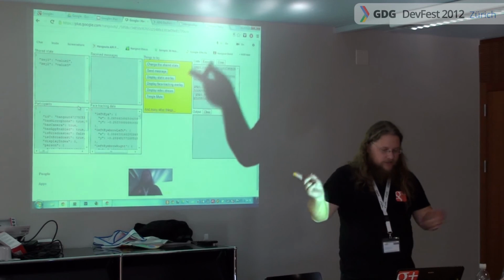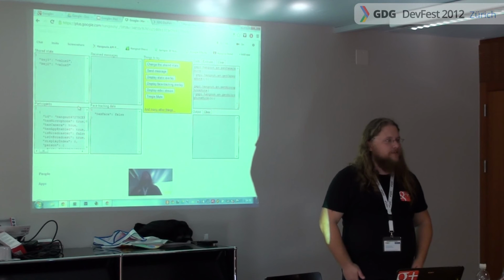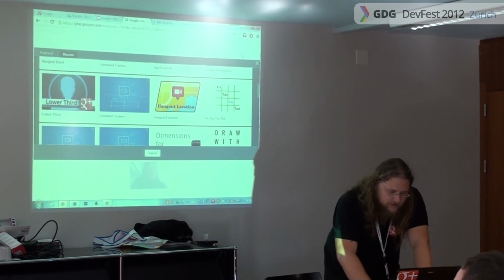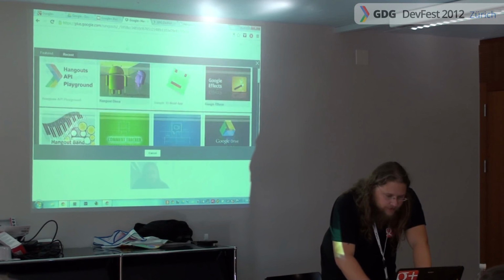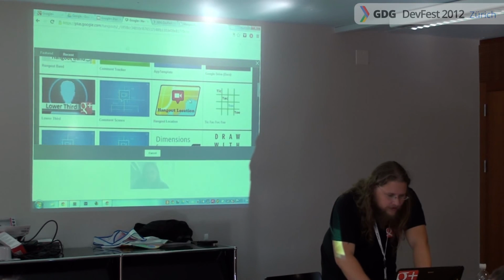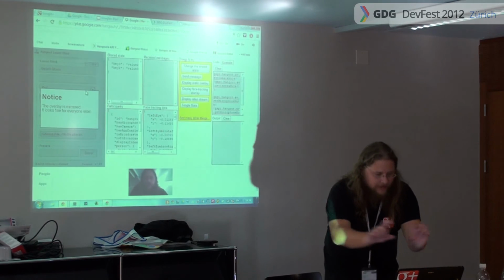So if you're interested, I can show you some other applications which are out there at the moment to give you some ideas maybe. I'll see if I find anything interesting. We have the comment tracker. And you have, for example, the lower third application, which allows you to display, especially for